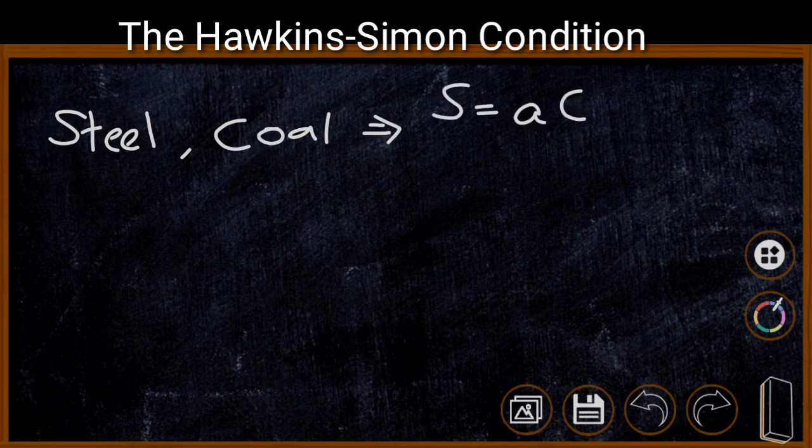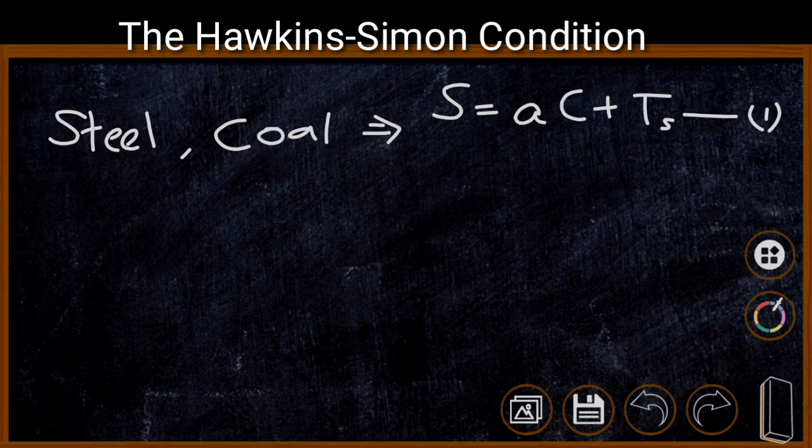S is equal to alpha C plus Ts. This is the first equation. It means that S is the total output of the steel industry that is distributed, alpha C to the coal industry, and finally Ts is the final demand for steel. Therefore, the total output of the steel industry is divided between the coal industry and final demand. The input coefficient alpha is the requirement of steel in the coal industry.